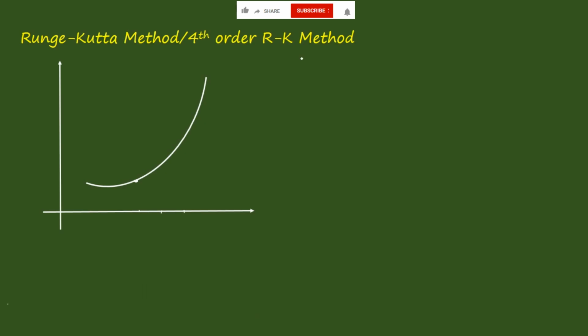Come to Kutta method of fourth order RK method. In this case, they would be giving y dash, which is nothing but f of x comma y, and they will be giving the initial condition that y of x naught is equal to y naught, and they would be asking the value of y of 1 is equal to how much. If you see the Euler's method